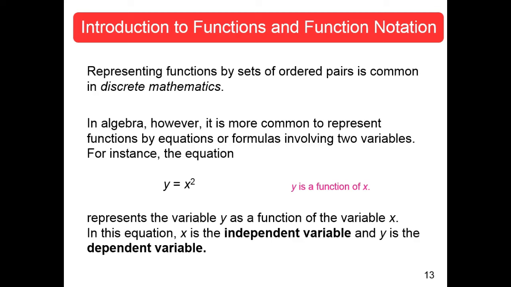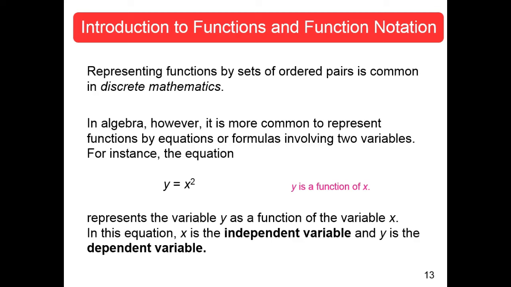Now, this typically would not be counted a discrete function. The numbers you called out were all integers. But guess what? You could have given me 0.3, and 0.3 squared would be 0.09. You could have given me pi, and pi squared would be pi squared. You could give me any number in the world that would give you an answer. This would be a continuous function. We'll talk about those later.